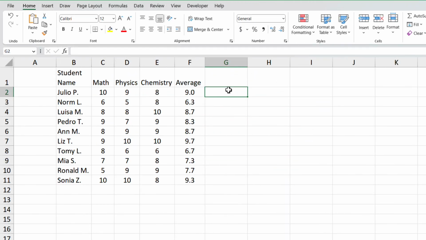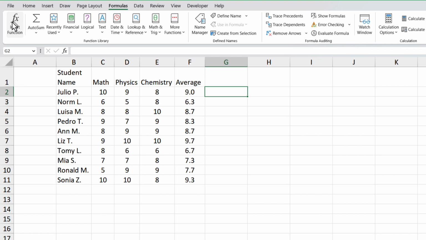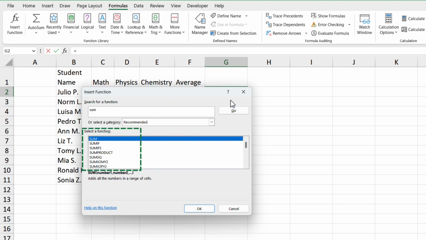In this spreadsheet, we have some data that we can use to build some functions using the function wizard. To access the tool, we can do it from the ribbon tab, Formula, and then click on Insert Function. A new window opens. On the top, we have the search for a function. In the box, we can type either the function name or a keyword of what we need. A simple example would be sum.